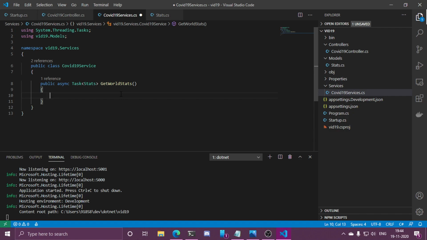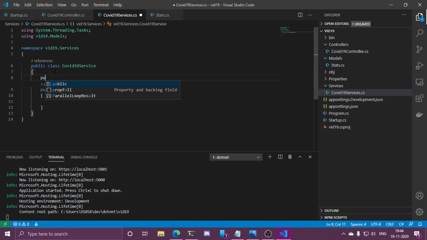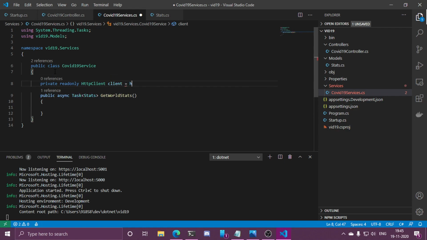So first of all, we have to create an HTTP client in order to fetch the data. So let's create a private member of this particular class, which will be an HTTP client. Only HTTP client, and then client, new HTTP client.